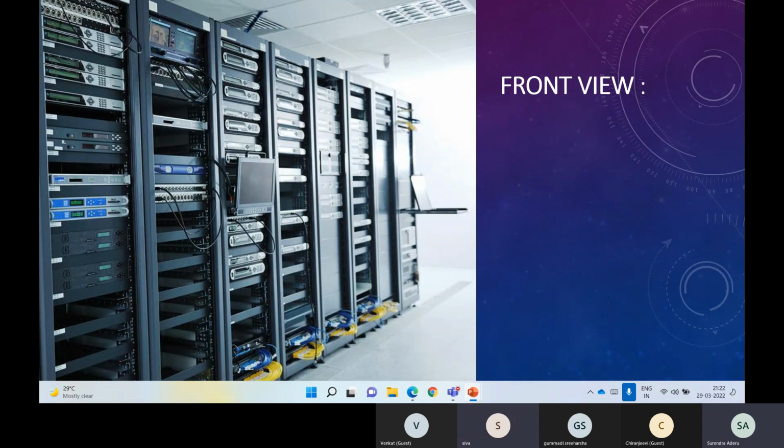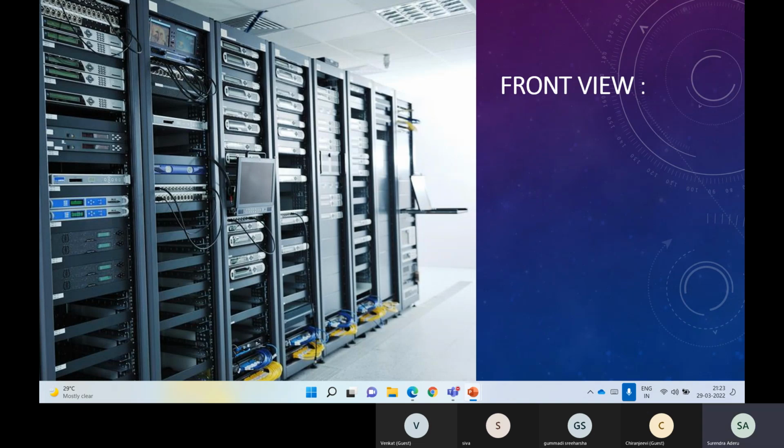This is the data center I'm showcasing. It's a very small data center, where you can see the racks. Whatever you are seeing as vertical ones, we call racks. You can see empty spaces where you could place your physical hardware. Some of the areas are already filled up. That is nothing but your physical hardware. It can be compute, CPU, memory, it can be storage, it can be a network switch.